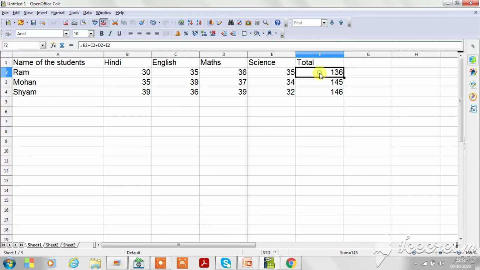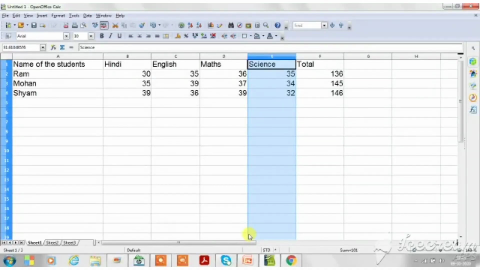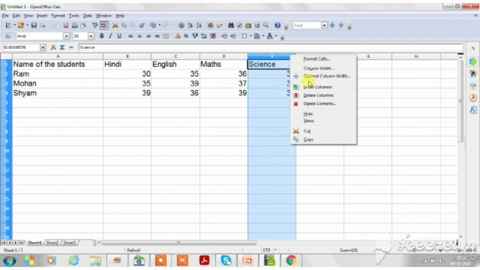Next is how can we edit the formula. Suppose this formula I want to edit. Suppose I have added one new cell. So what will I do? Click on insert column.